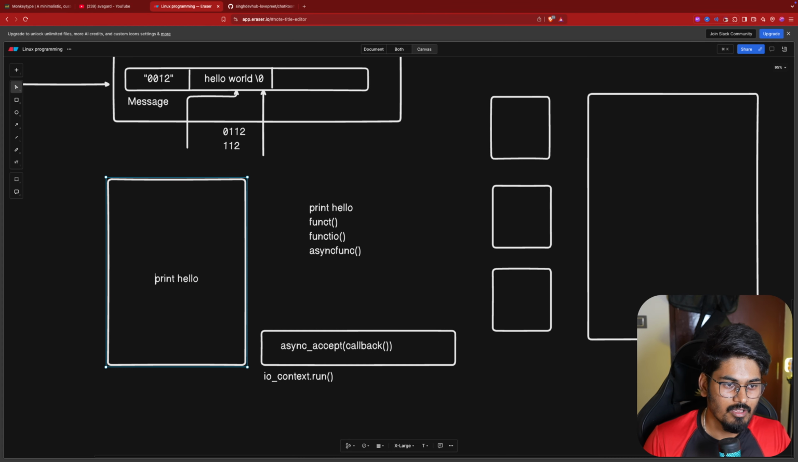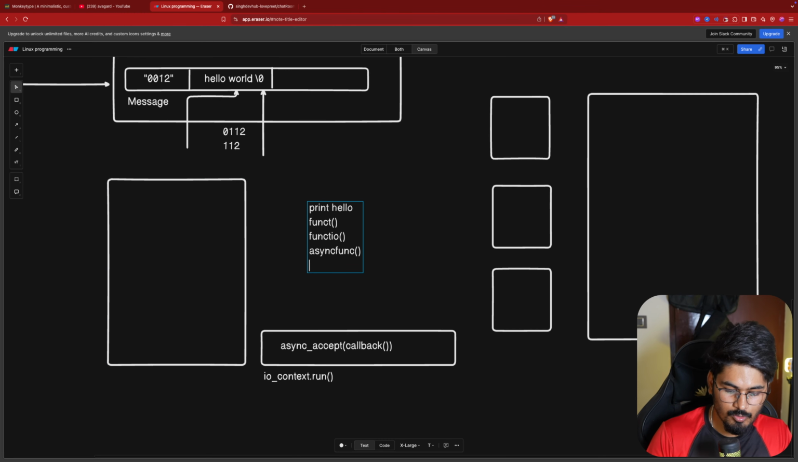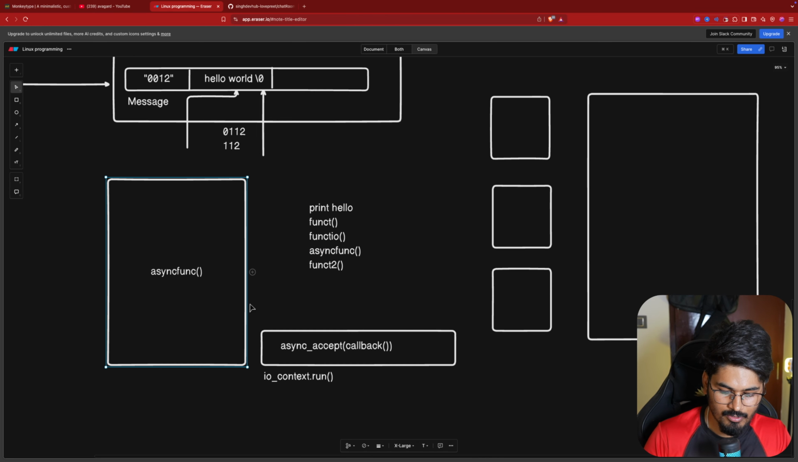Then it will run, and hello world will be printed on your terminal. Then this function will run, and then this function will run. But now let's suppose you have func2. After running all these functions in our call stack, when this function is coming, and then this function is coming,